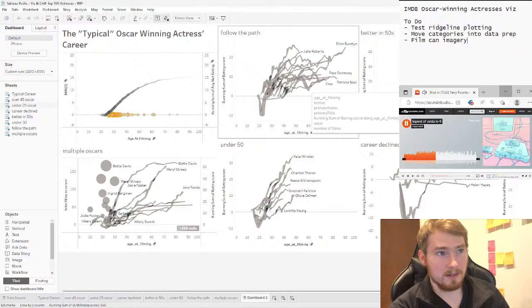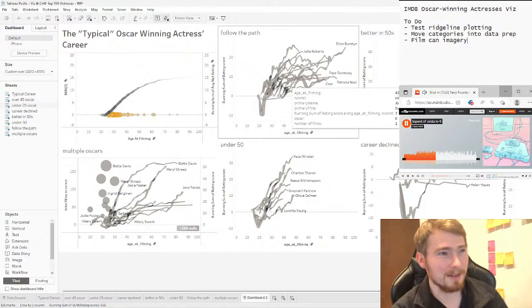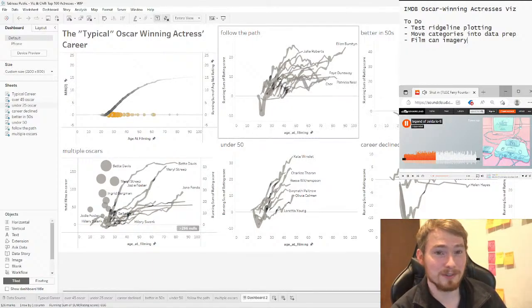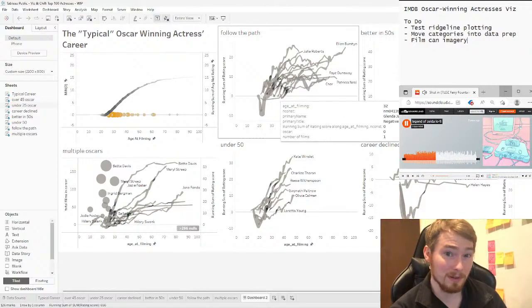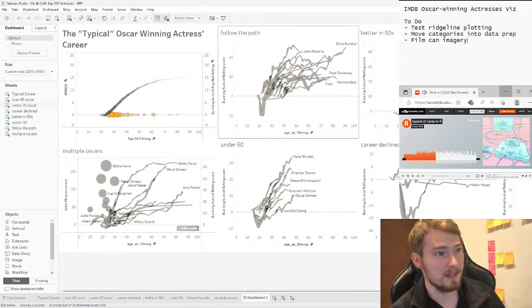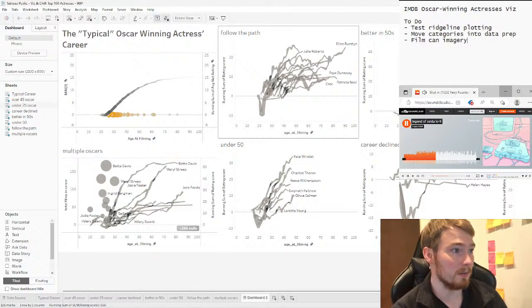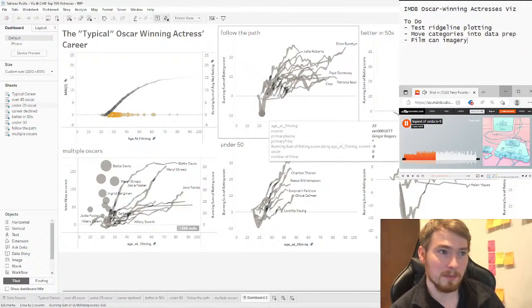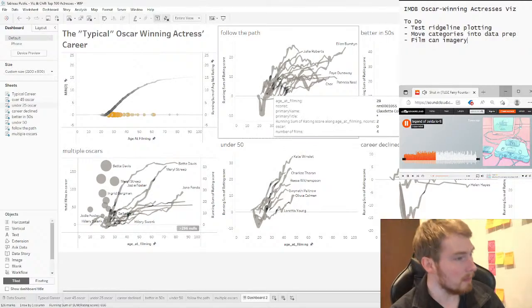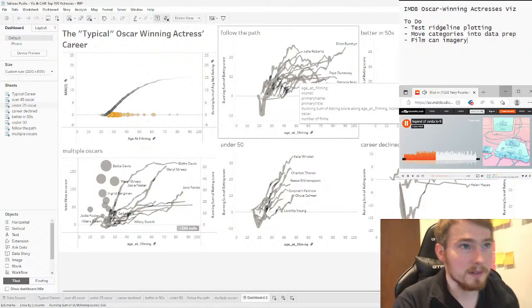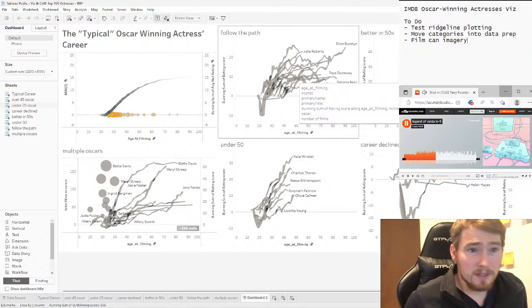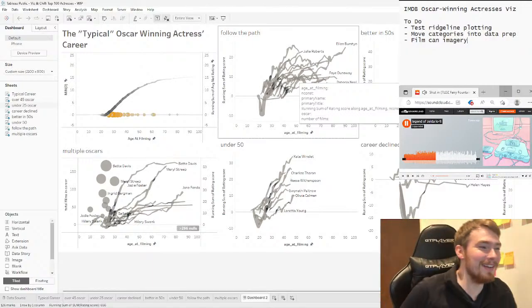Okay, and yes, part of this was, now that we've worked out all these different categories from the analysis, we need to go and put those back into R, so we bring that data point in. So we know that these are all in the category that follow that generic path, that they have followed that typical kind of career. But even here you can see Ginger Rogers didn't start off too well, but it got better later on. So we've got a bit of work to do.